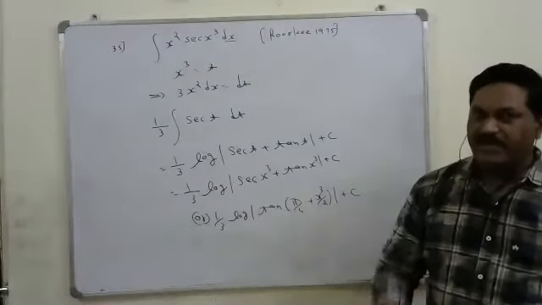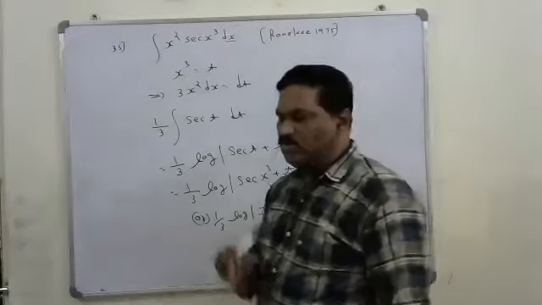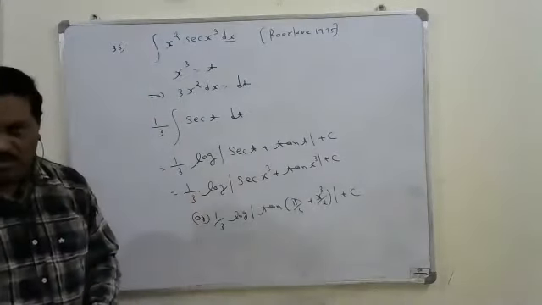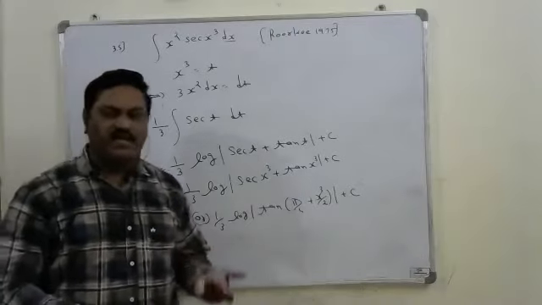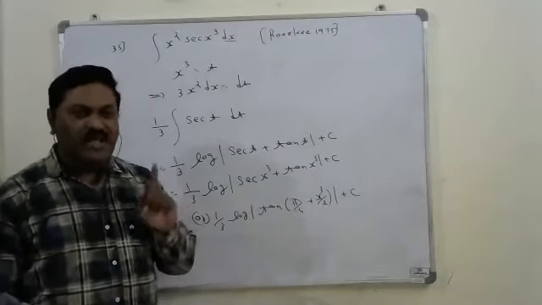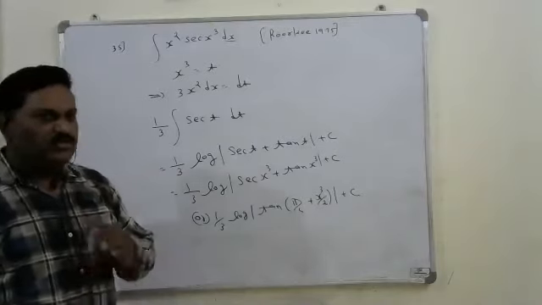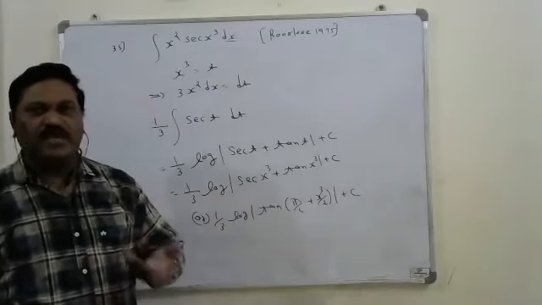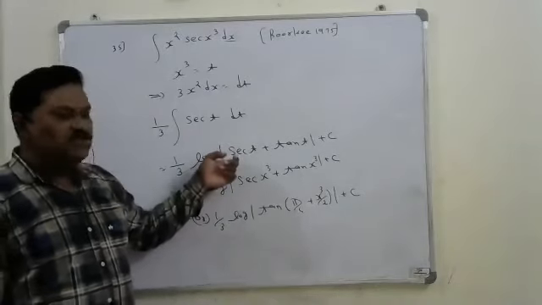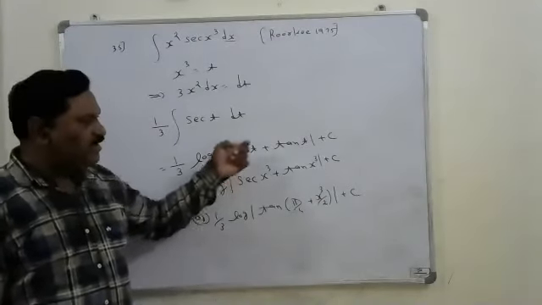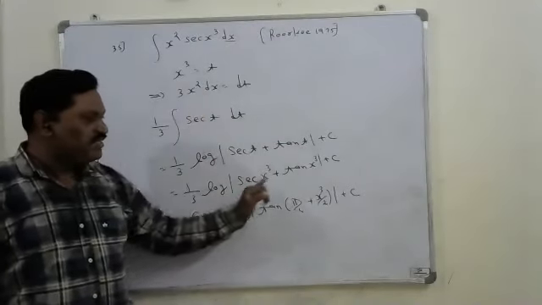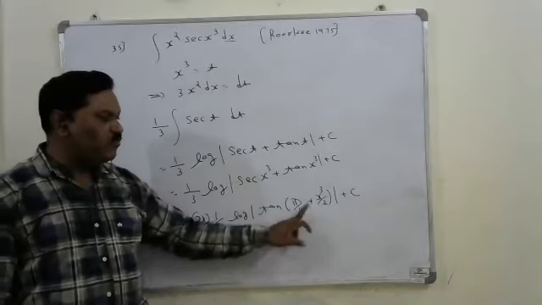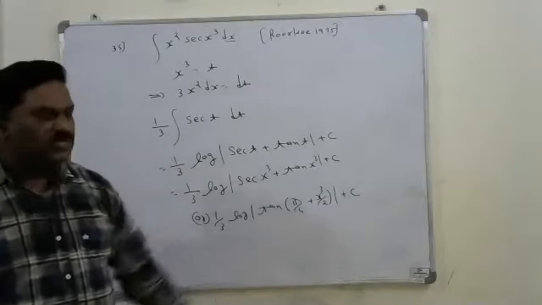Now directly we know the formula for integral secant x dx is log mod secant x plus tan x. So it is log mod secant t plus tan t plus c. Or we have one more formula for integral secant, that is log mod tan of pi by 4 plus x by 2. Out of that we can take any formula, depending upon the option. In the option, whichever format they have given, that depends upon that. That's why we will select the first formula: secant t plus tan t, where t we have taken as x cube, so secant x cube plus tan x cube. Or another answer for this is 1 by 3 log mod tan of pi by 4 plus x cube by 2. So that is the answer. Check it.